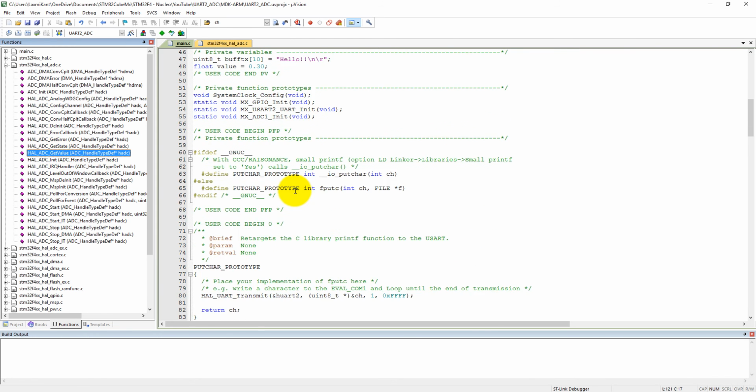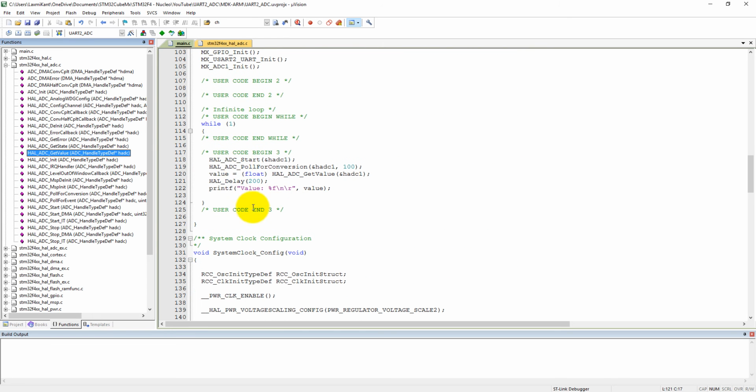First of all, we need to call ADC start, and we have passed the address of the ADC1 handle. Then we wait for the conversion completion for ADC1 channel 0, and then it reads the converted ADC value.